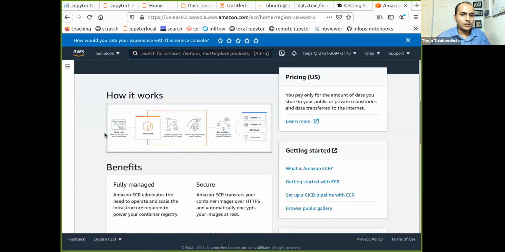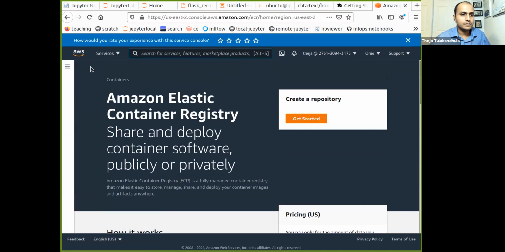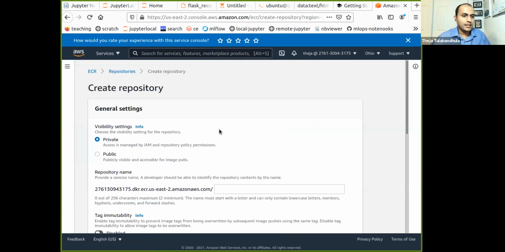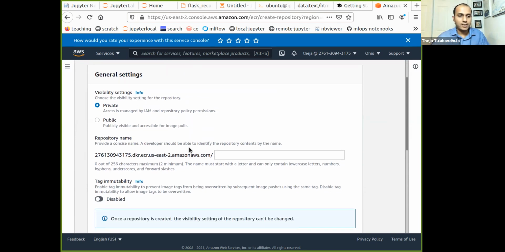So this is basically the basic screen. Let's get started, and we can create a repository, and this repository is where we'll dump our image. Okay, and we'll push our image. So let's create a private repository.